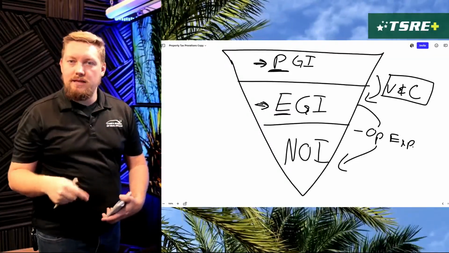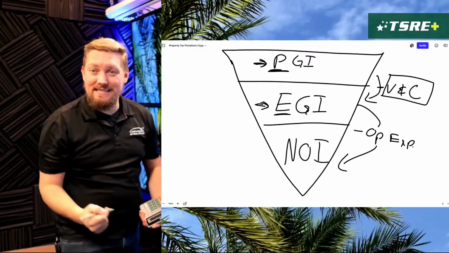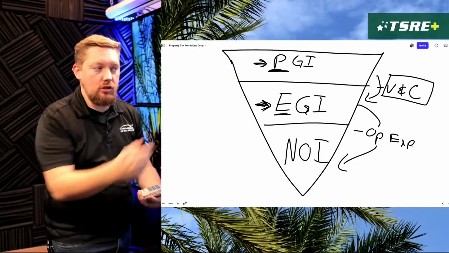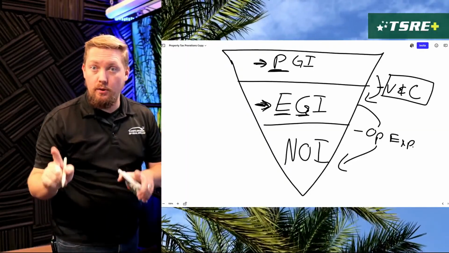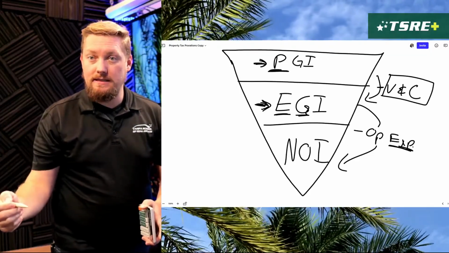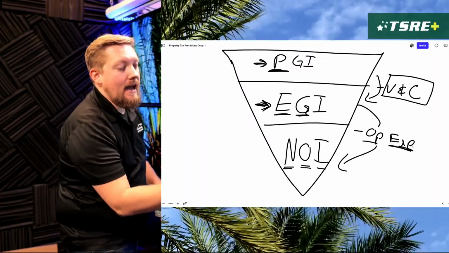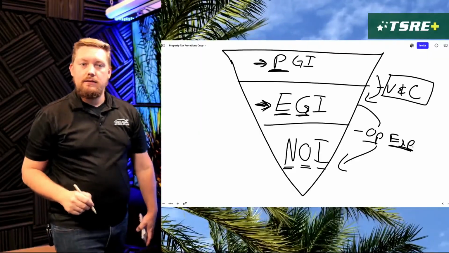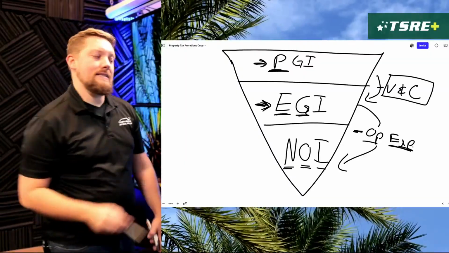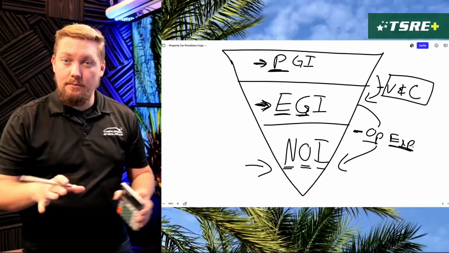Potential gross income is how much a property could generate. But then you subtract vacancy and collection losses to get how much it effectively or actually grosses before expenses. And before what type of expenses? Operating expenses. Because net operating income is not operating expenses. So to get to net operating income, we have to subtract out those operating expenses. And this is the final level of income, at least for the income approach.